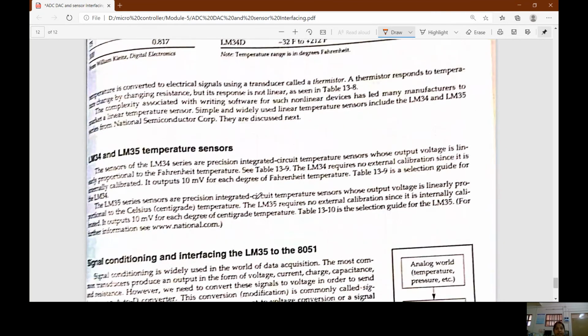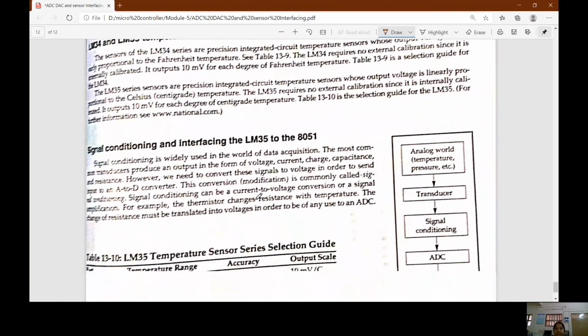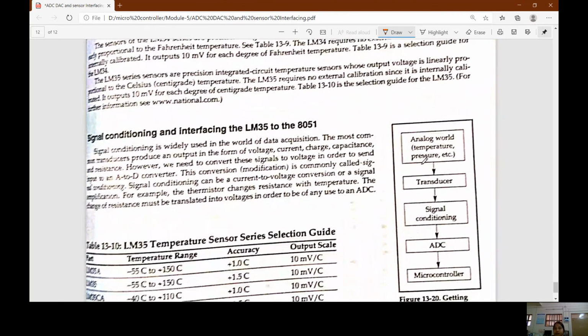Important here is how the signal conditioning is done. From the analog world, we'll be taking temperature, pressure, whatever we get. A transducer will convert it into electrical signals, that is electrical voltage or current. Then comes conditioning. Conditioning means bringing it to our required form. It can be amplification or attenuation, anything. You can amplify the signal or attenuate the signal.